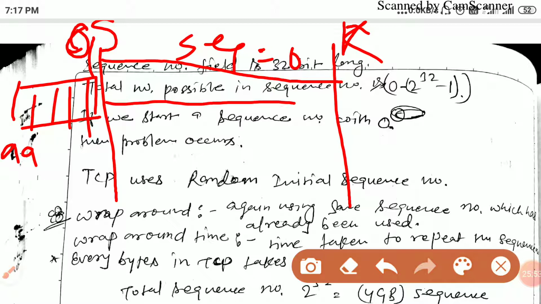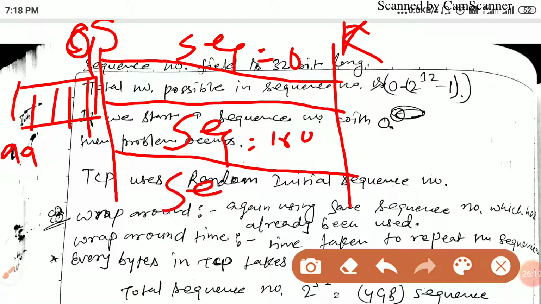Next time, suppose we need to send multiple packets, the next sequence number will be 100, because the next packet starts at 100. Again we send one more packet of the same size, so the next sequence number will be 200.